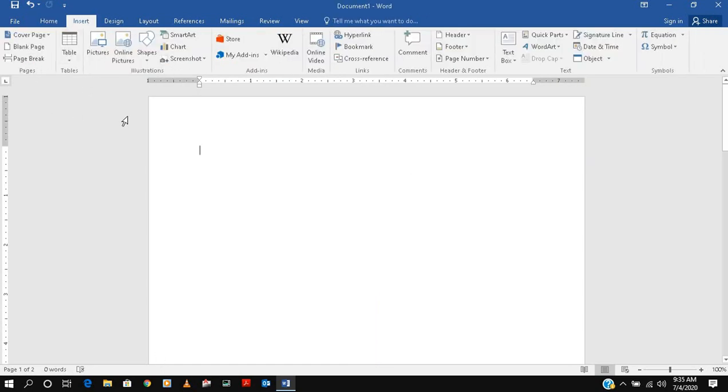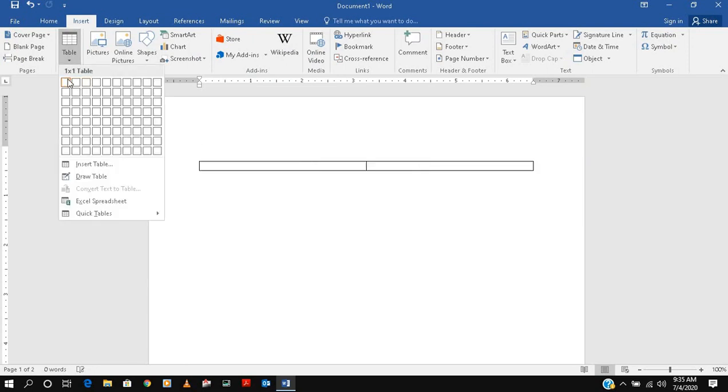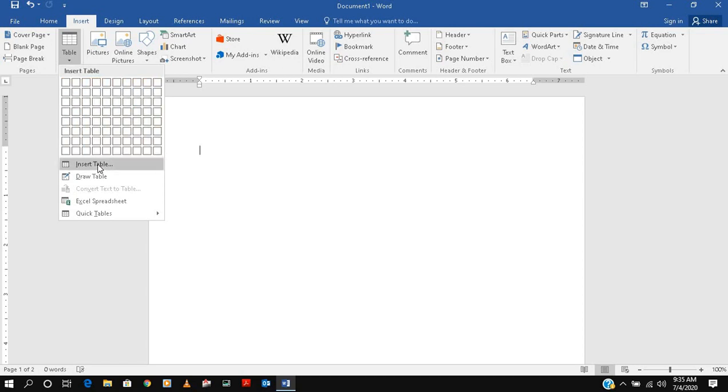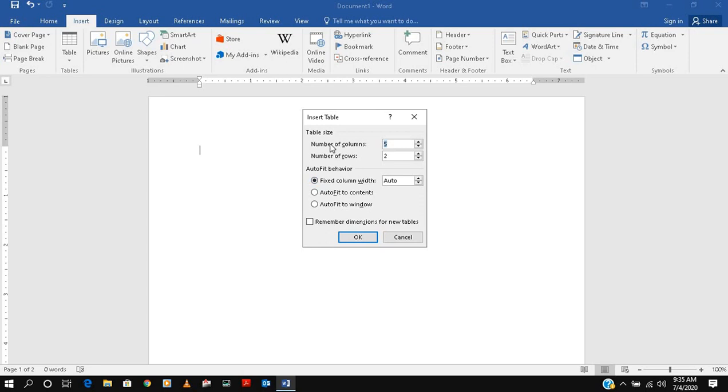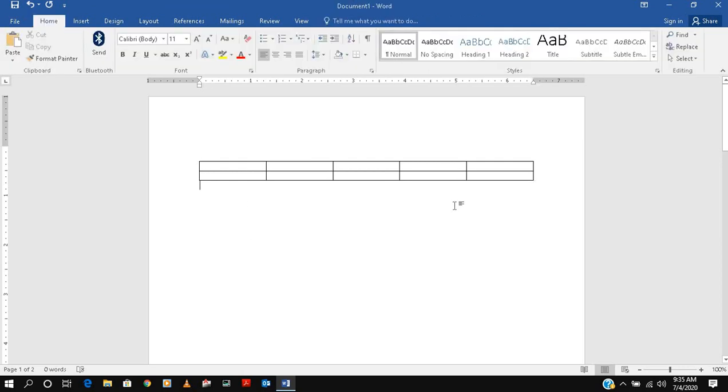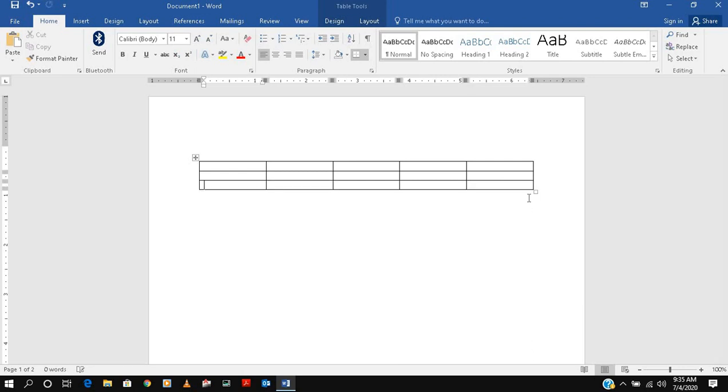After that we have something very important, which is Table. In a table you can create as many rows and columns as you require. By default it shows a 10 by 8 grid in Word. If you want, you can put in the number of columns and rows as per your requirement. You can also press the Tab button, as in the last session, to create more rows.